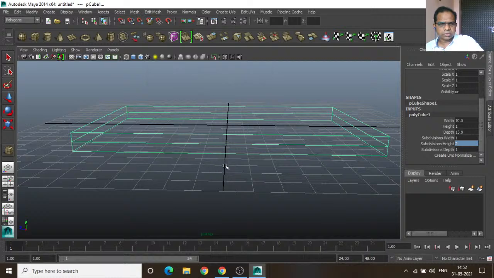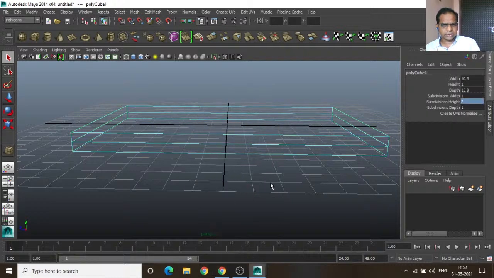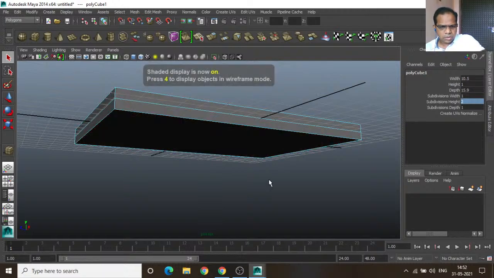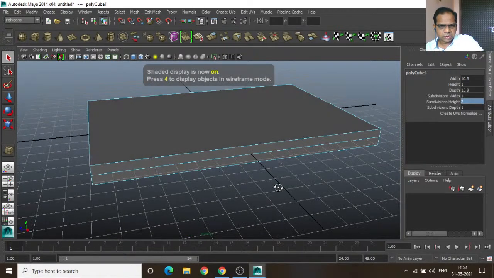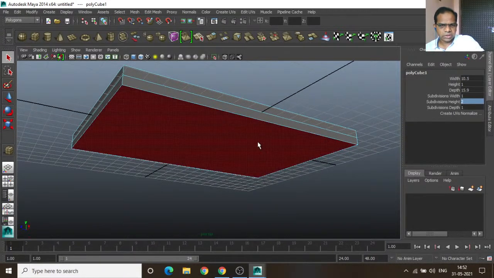Now what I am going to do, right click on the object and select faces. I want to select only the down face. Now you can understand clearly. This is a side face and this is one more side face. This is the top face. So I want to select only the down face,